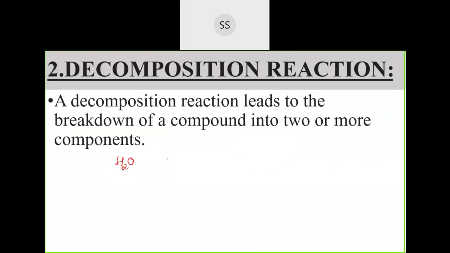So an example for that I can take is water. Water will break down when you do electrolysis. They break down to give you which elements? Whatever elements are there, you write that. Hydrogen is there, and then we have oxygen because water is made up of hydrogen and oxygen. So these will be the two elements formed after the reaction. So two molecules of water give you two molecules of hydrogen and one molecule of oxygen.